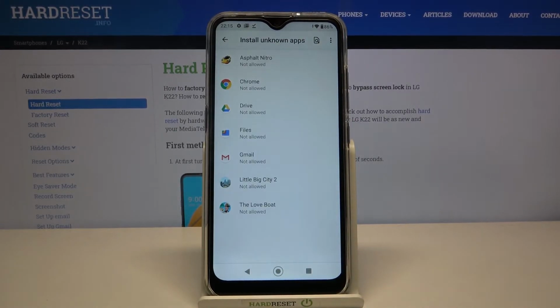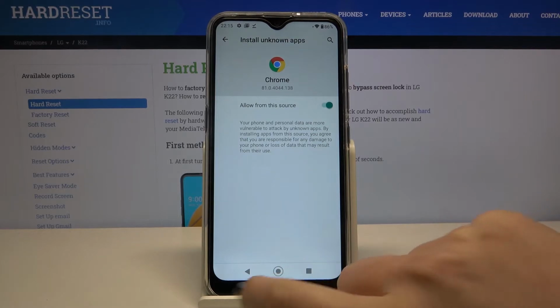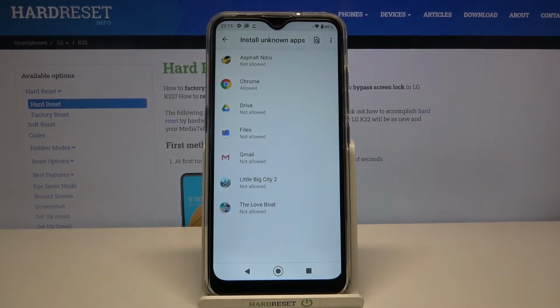And as you can see here, we've got the list of apps which are not allowed to install anything. If you'd like to change it, for example, if you'd like to allow Chrome to install some content, simply tap on it and tap on this switch right here. Now we can go back, and as you can see, from now on the Chrome is allowed to install some